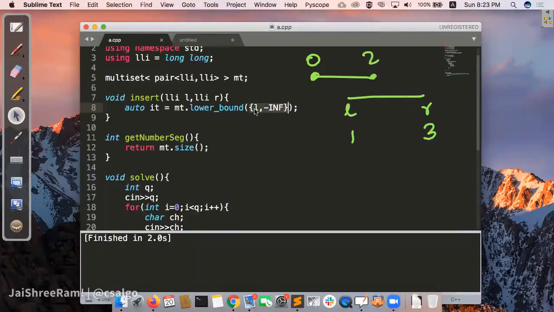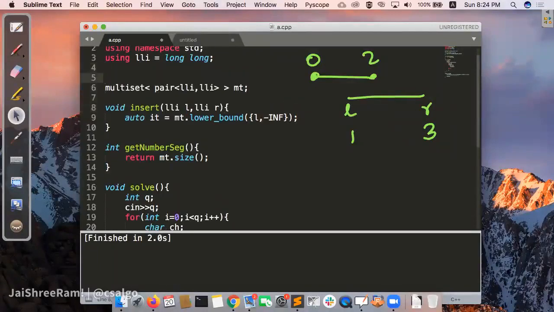Is it understood that any pair which has the first value as L will definitely be greater than this one? So it will find the first segment which has L starting at this point. In this particular problem, this is not actually making any problem, so even LR works. But in general, if you want to search for a range in a multiset which maintains pairs, you should do it this way. You need to think about the second value. It's not very trivial to search for the second value. It should be positive infinity, negative infinity, 0 or some R, and based on that you will have to think for the problem. It's not fixed.